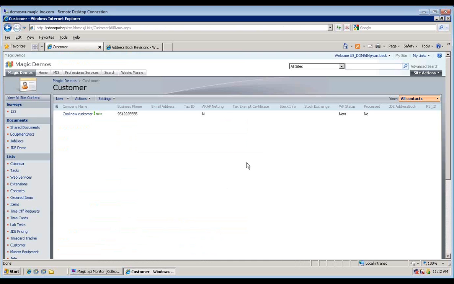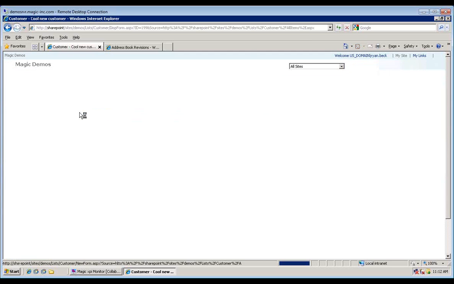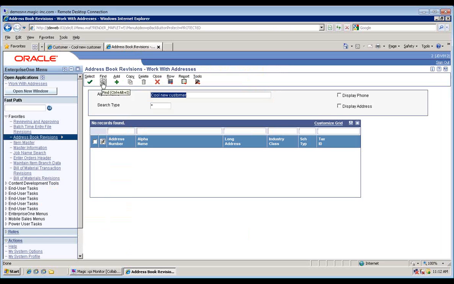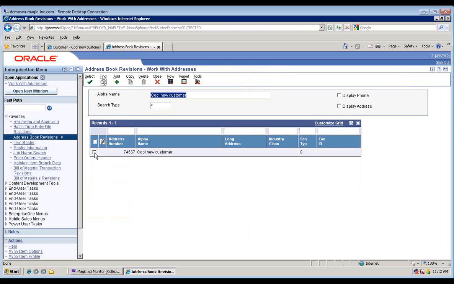So as I click OK, we have a new record created. Where I'm circling with my mouse over here on the right is the JD address book number. After a couple seconds, I'll hit the refresh button, and you'll see a new number pop in. That's basically Magic XPI coming back and editing this and adding the record in. If I go back into it, you'll see at the bottom I have a 74667, and you'll see that the record was modified by a different user as soon as I created it. So if I come back to JDE and do a find again, we'll have our customer,